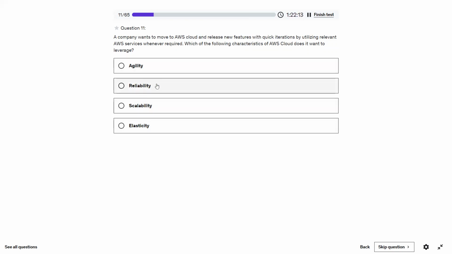So reliability means the system is reliable, fault tolerant or something like that. So this is also incorrect. Elasticity means, if we take the example, we generally think of rubber. We can expand it, we can release it. Similarly, elasticity means we can launch EC2 instances and terminate EC2 instances. So that is also wrong. Agility means flexibility, very quick. Like a person who is very agile, very quick, and we want to do quick iteration. So it comes under agility.